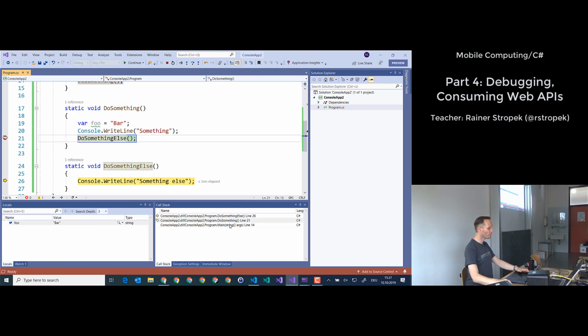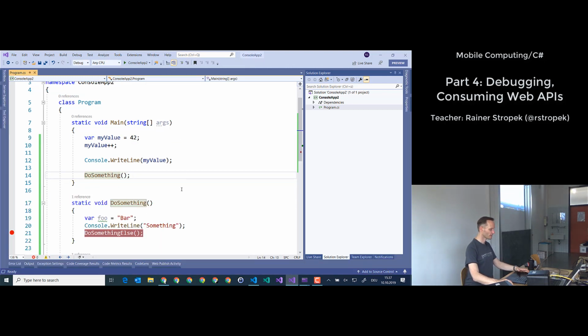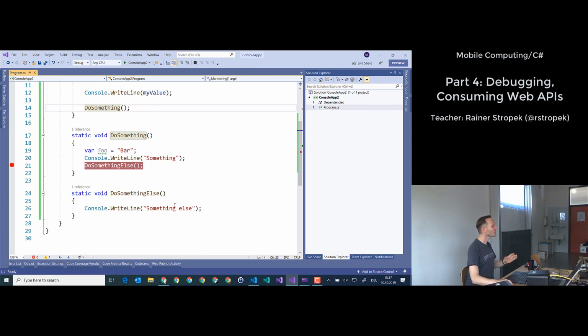So you can take a look in the call stack a little bit above. You can even go into the main method here and you can take a look at the my value. And that is sometimes very, very useful if you want to find a bug in your code. Good? Good. So this is the call stack. The call stack works